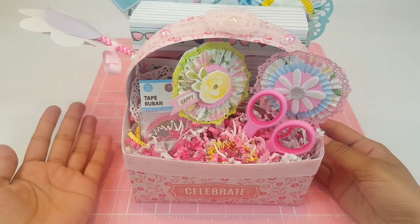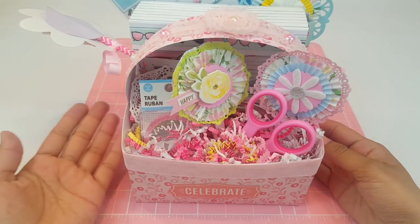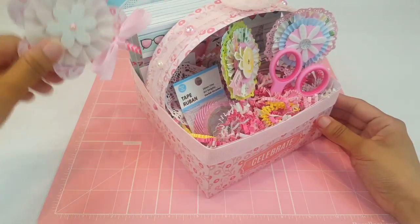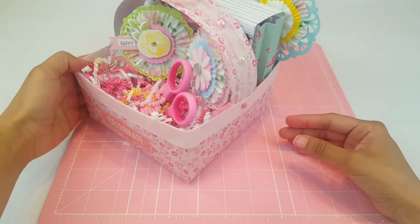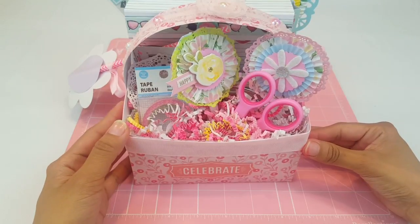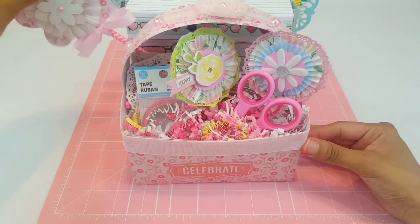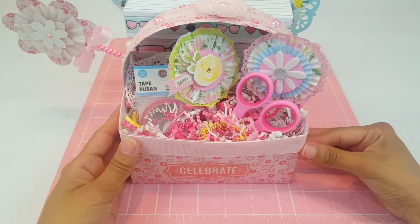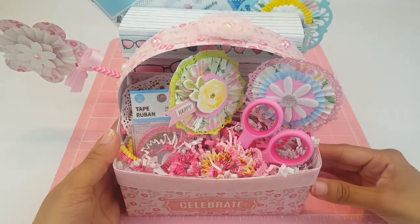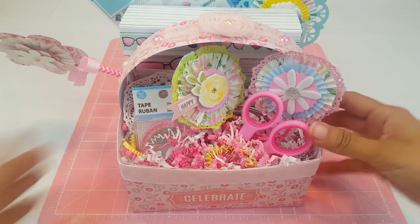And then maybe you have a friend that loves a ton of snacks, so you could do a little snack or a little movie theme. You can put little gift cards in there. You can do so many things with these, and they will really appreciate it, because you can tell there's a lot of hard work in this basket. Although guys, I gotta say, this was an easy project, or at least for me it was. Once you guys see how it can be done, I hope this inspires you to create some and give some to any moms out there that you think would appreciate a cute little basket like this. So just to show you guys a little bit of what's inside the basket,